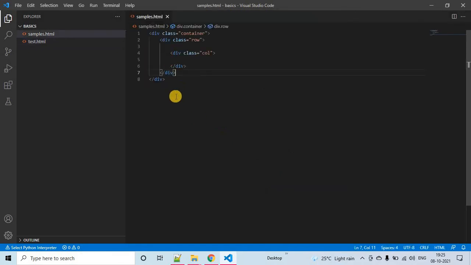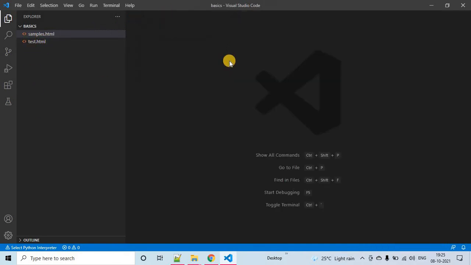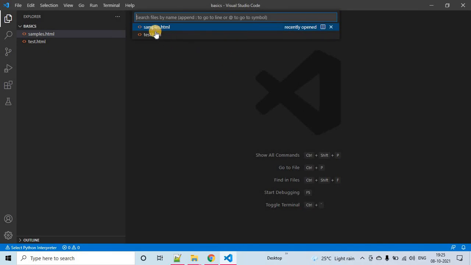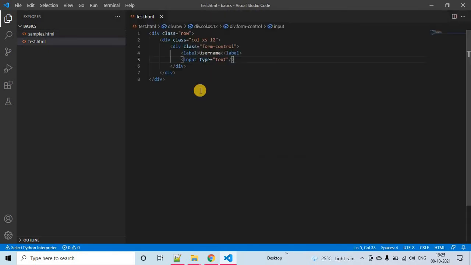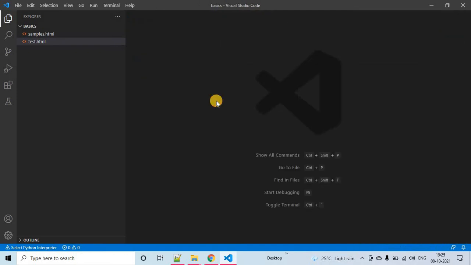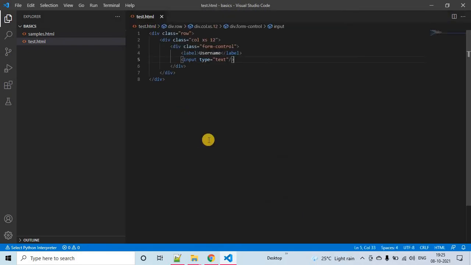This will be very helpful if you have many files, so you don't need to look around. Just do Control P and then give the file name. Select the file name, or you can type also. You can type here, Control P, test. Then it will filter. So I hope these 5